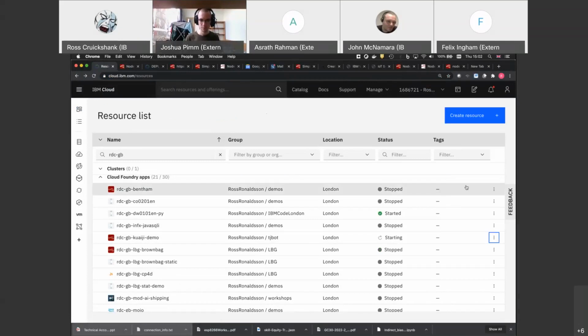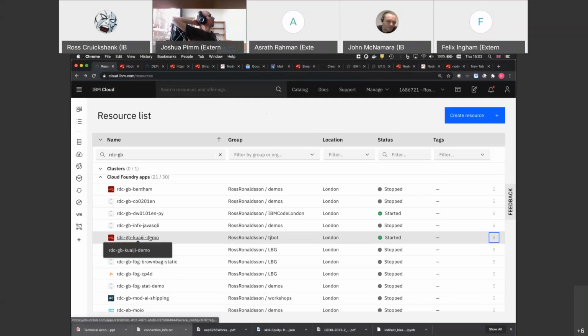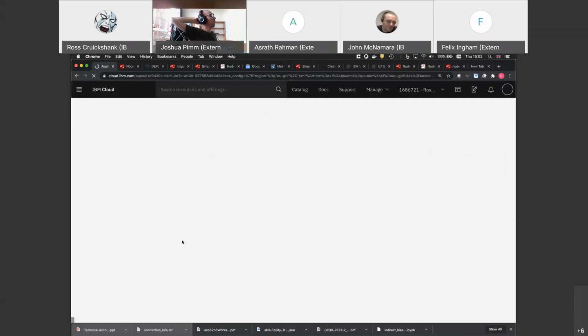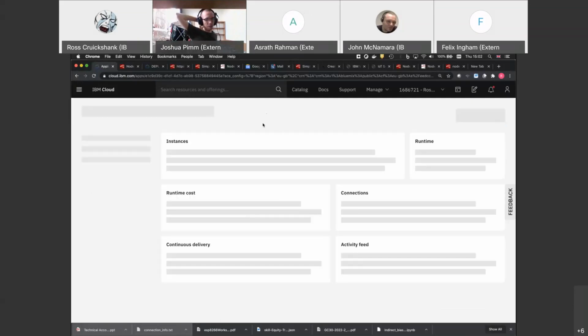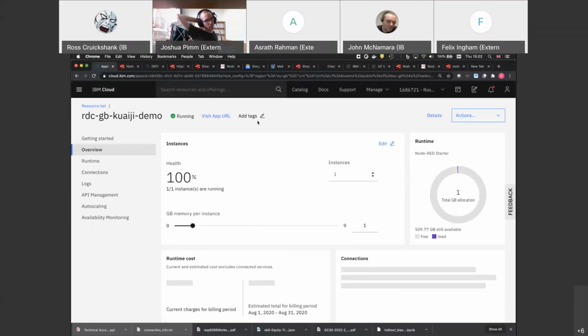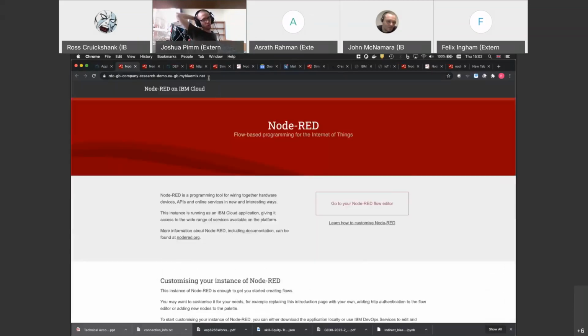It's actually a company research tool which goes off to Companies House. It pulls in data from the Companies House API, creates a little responsive front end for it. So if we have a quick look, I don't remember the last time I started this. Let's see if it goes. Yeah, it's still alive. So if I go to demo,